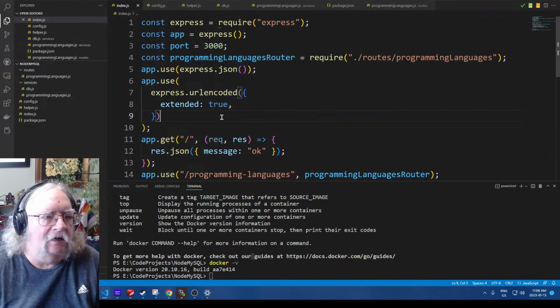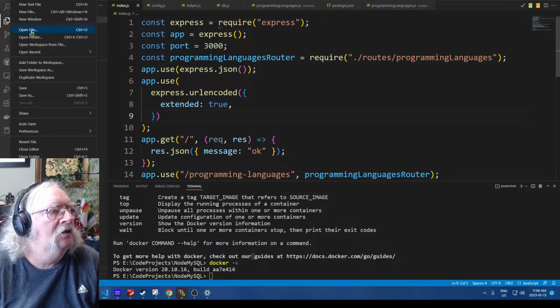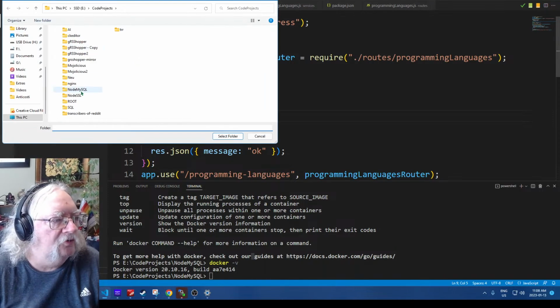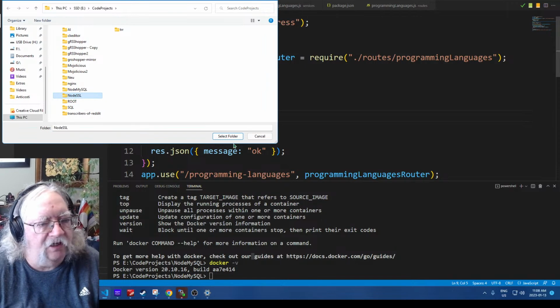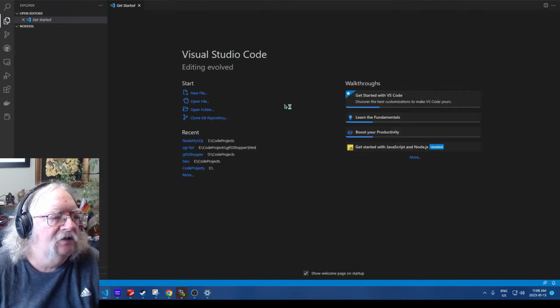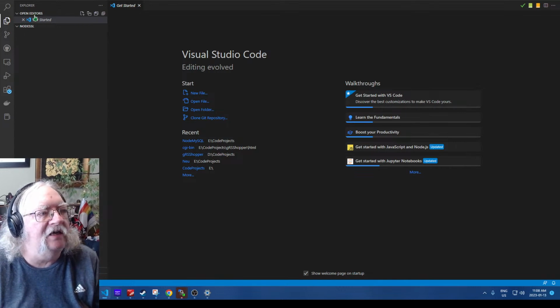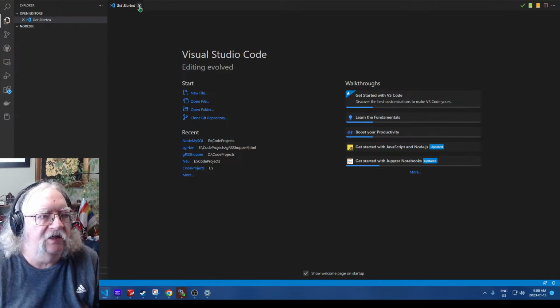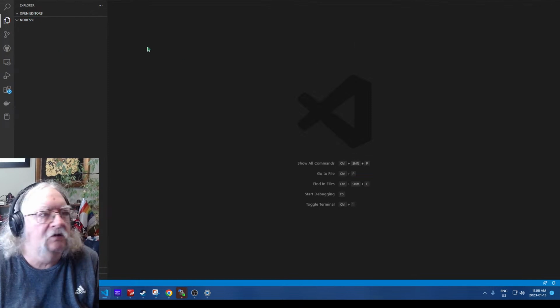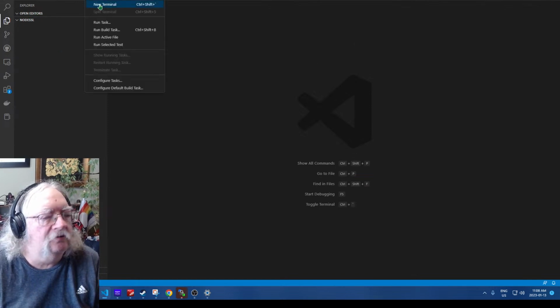Alright, so now in Visual Studio Code, I'm going to open a folder, and the folder, of course, will be the one that I just created. Select folder. So here it is. It's a brand new clean folder. There's nothing in it. We'll close the getting started thing. Okay, we'll open a terminal, new terminal,